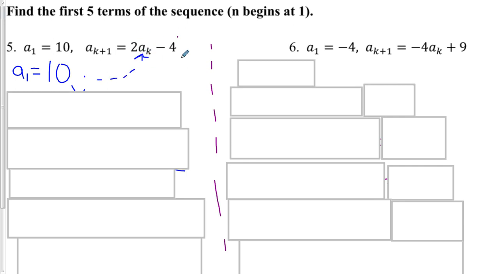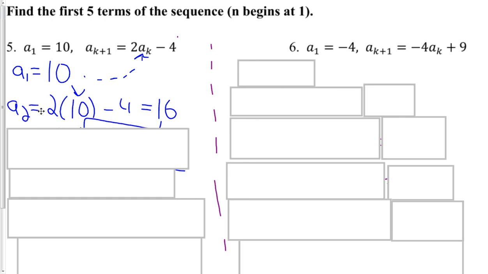2 times 10 minus 4. So 2 times 10 is 20, minus 4 is 16. Now I'm not going to plug 10 in again, but now I'm going to plug 16 into the a sub k to find the third term, because 2 times the second term minus 4 equals the third term. 2 times the third term minus 4 equals the fourth term, right? No matter what value k is, so I plug in 2, now I put 2 in here, I get the